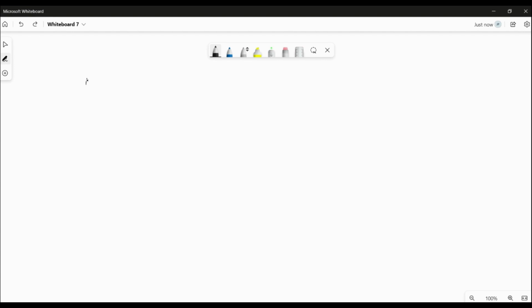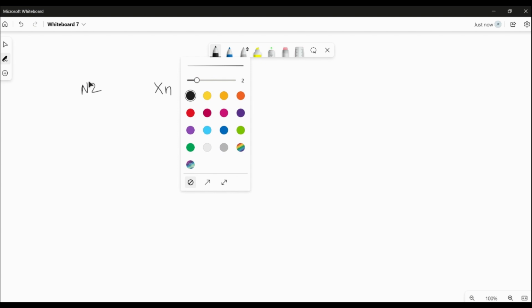Okay, so here let us draw what we mean by the N2 handover. N2 handover, and there is another one, Xn handover. We'll go to Xn handover later. For the time being, we'll stick to